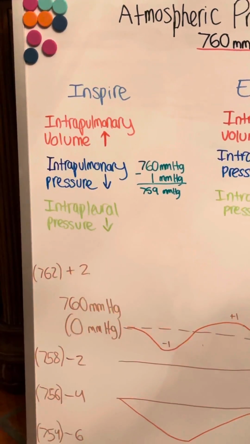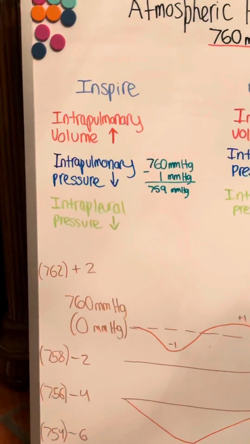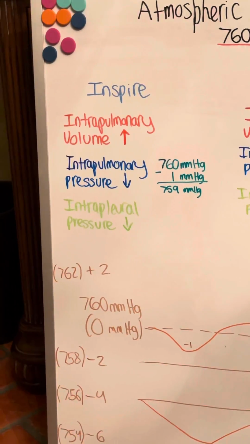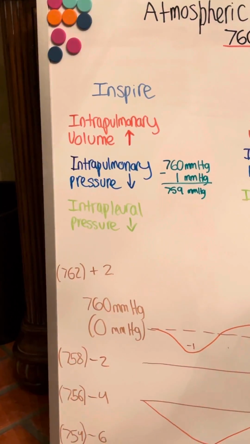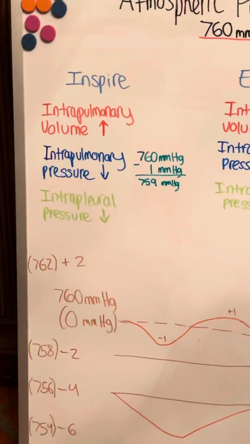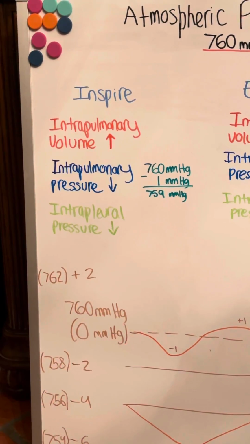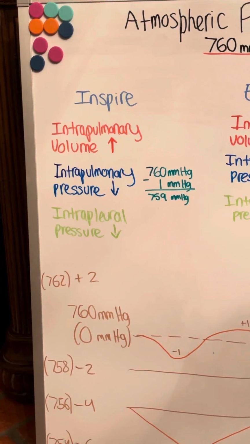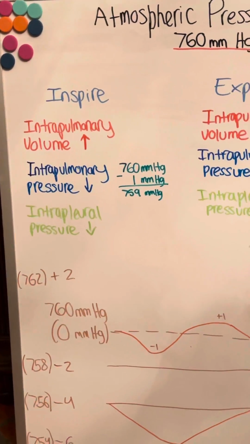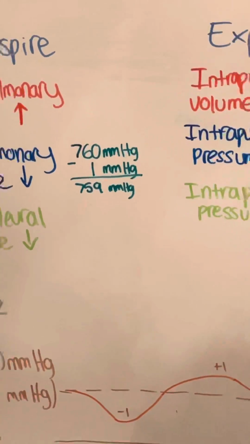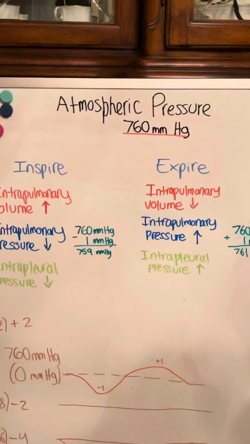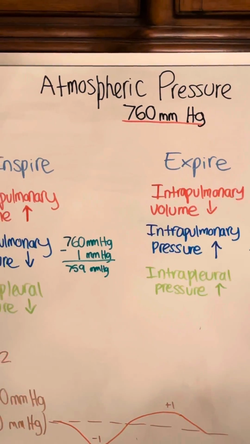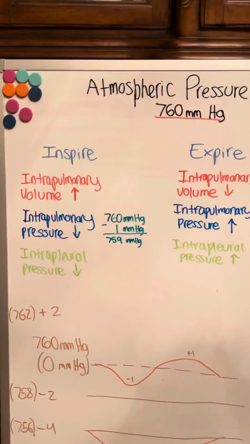So when we're inspiring, breathing in, the intrapulmonary volume, so the inside of our lung volume, is going to increase because there's a bunch of air in our lungs. So because of the inverse relationship, that means that the intrapulmonary pressure is going down. So let's put that into numbers in relation to atmospheric pressure. So remember, atmospheric pressure is 760 millimeters of mercury, and